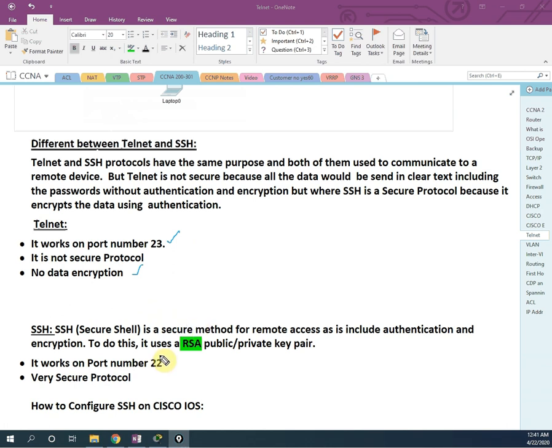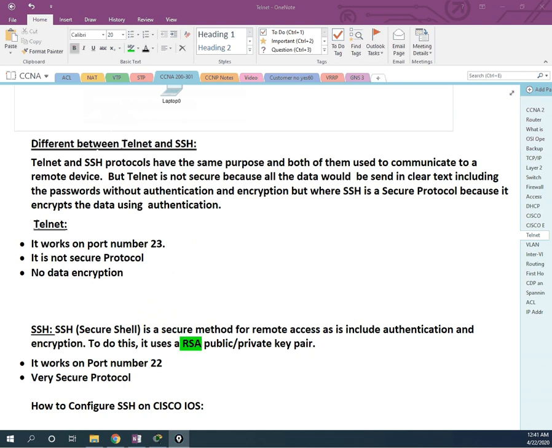To do this, we use RSA, a public-private key pair. RSA is an algorithm we use to do encryption, and SSH works on port number 22 and it is very secure. I hope you don't have any question or confusion.